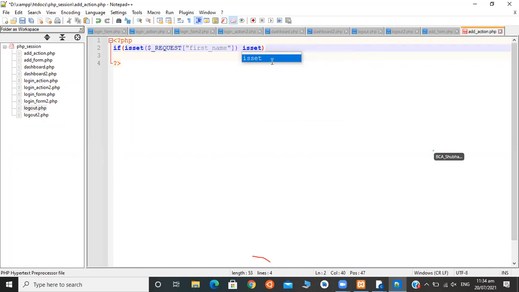We say isset $_REQUEST second number with first number, and I have to use the and operator. Means if both numbers are present,